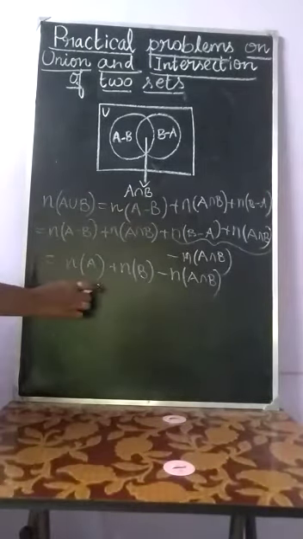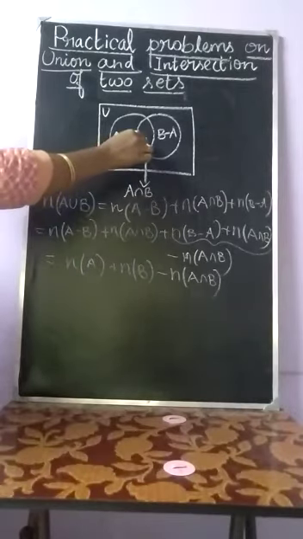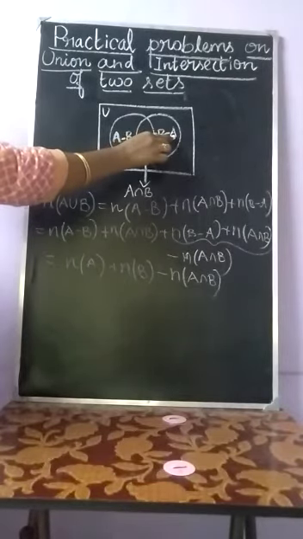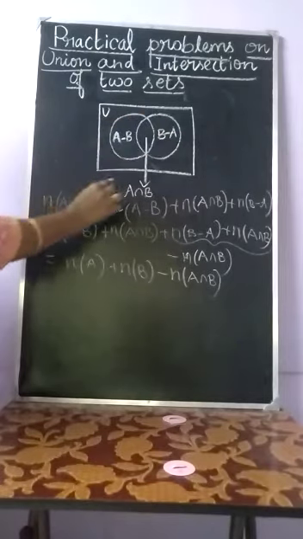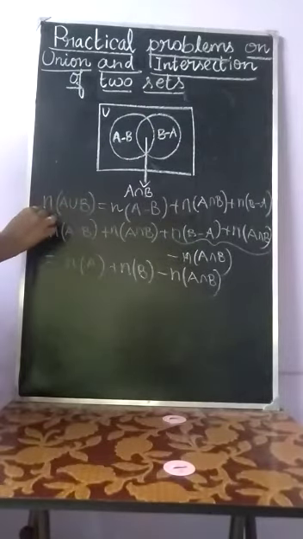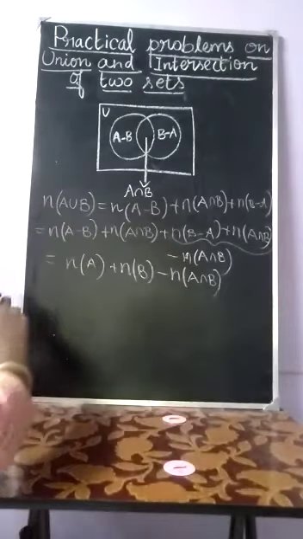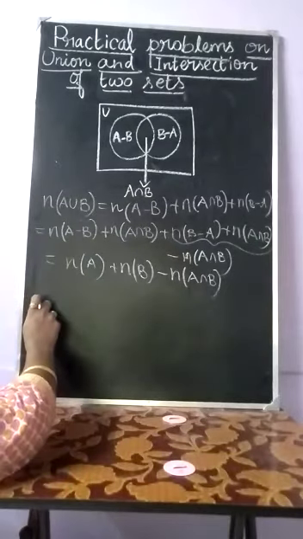Here you have to know A minus B, A intersection B and B minus A are disjoint, and their union is actually A union B. n of A union B means the number of elements in the set A union B, that is the cardinality of A union B. Okay. How can we write n of A union B again, if A and B are finite sets?